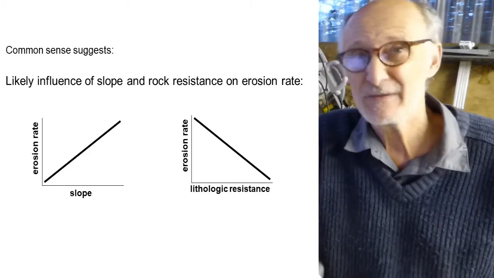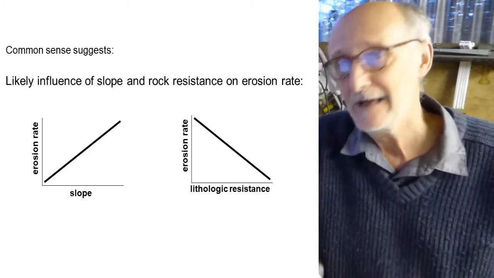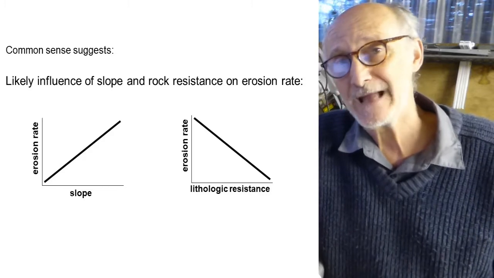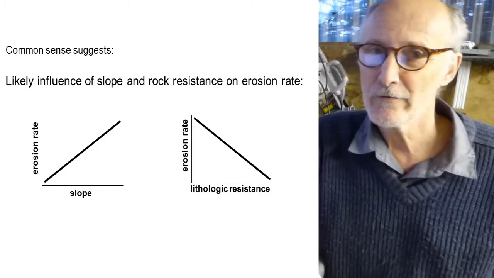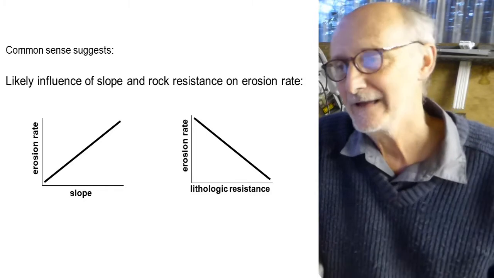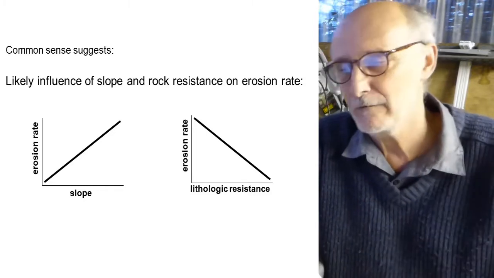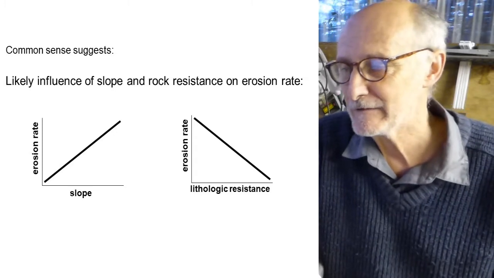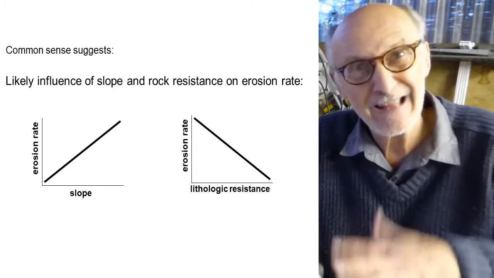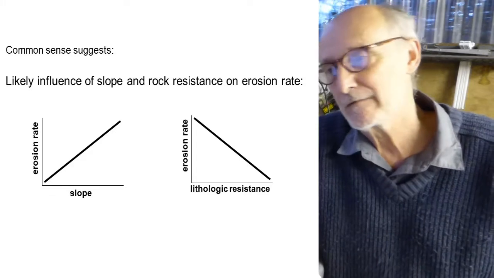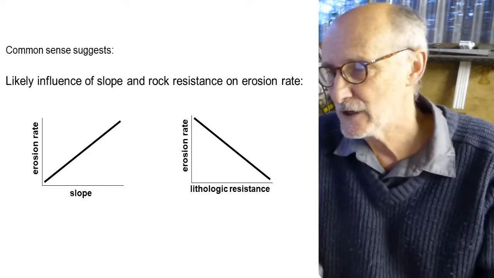You're going to get lots of erosion. I mean, just imagine, in common sense, you've got a hillside. Would you expect to get more erosion happening on a steep hillside or more erosion happening on a gently sloping hillside? You get the rain falling on the hillside, you get the water running off or whatever. Where's the erosion going to be fastest? On the low slopes, the flatter slopes, the shallow gradients, or on the steeper slopes, the sharper gradients.